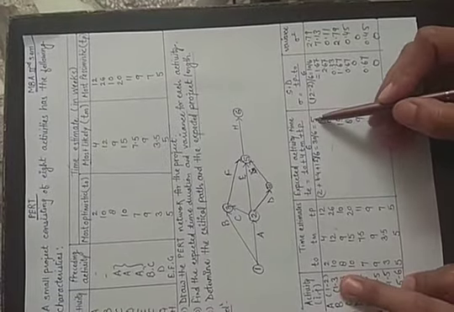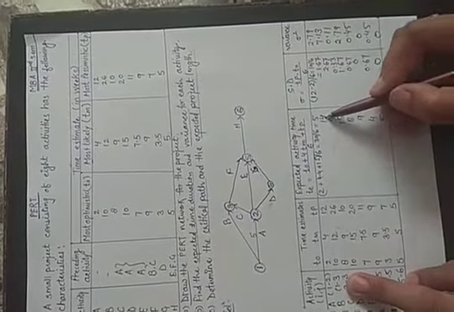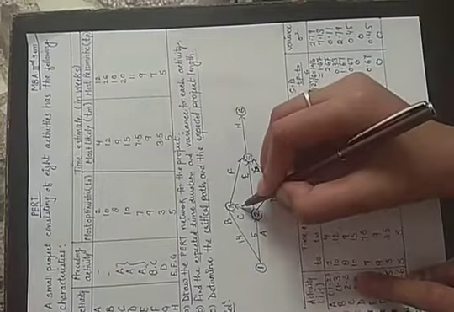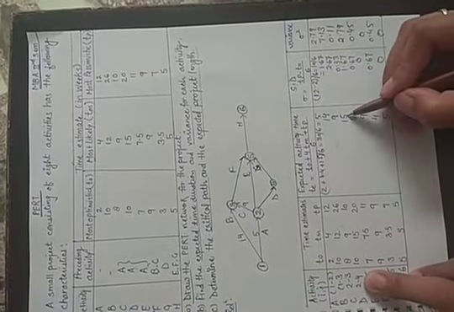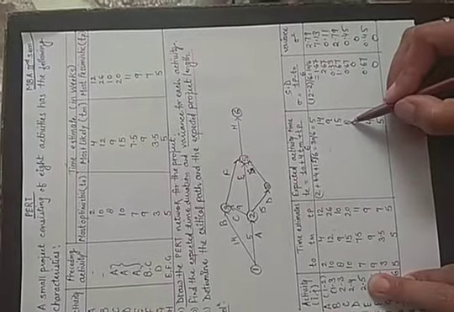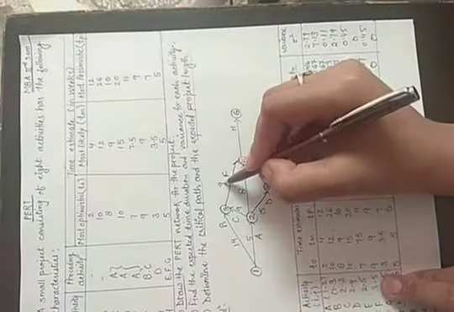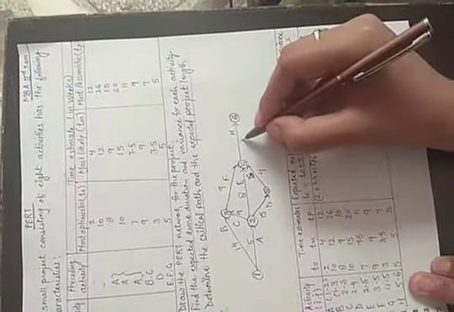So the expected time here, 1 to 2, takes 5 weeks. 1 to 2 is given 5, 1 to 3 is 14, 2 to 3 is 9, 2 to 4 is 15, 2 to 5 is equal to 8, 3 to 5 is 9, 4 to 5 is equal to 4 and the last one, 5 to 6, is equal to 5.